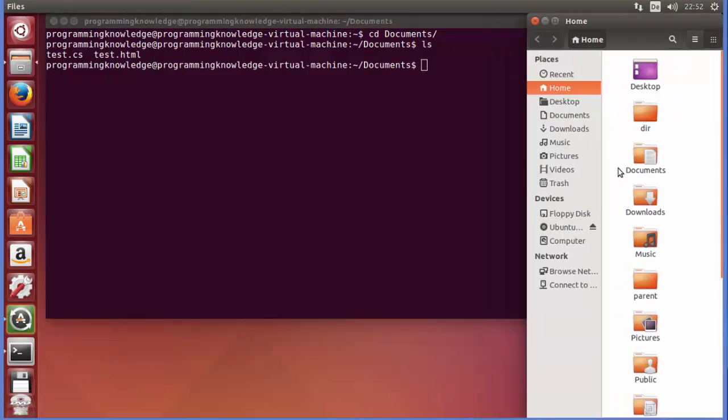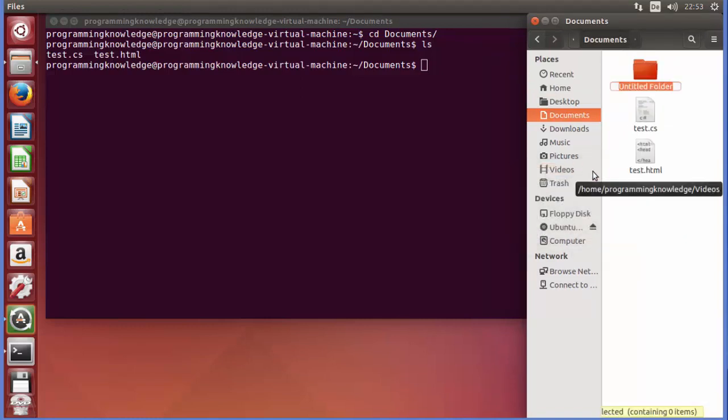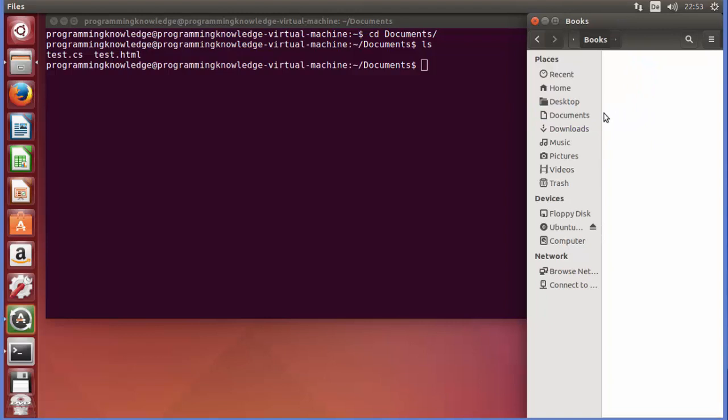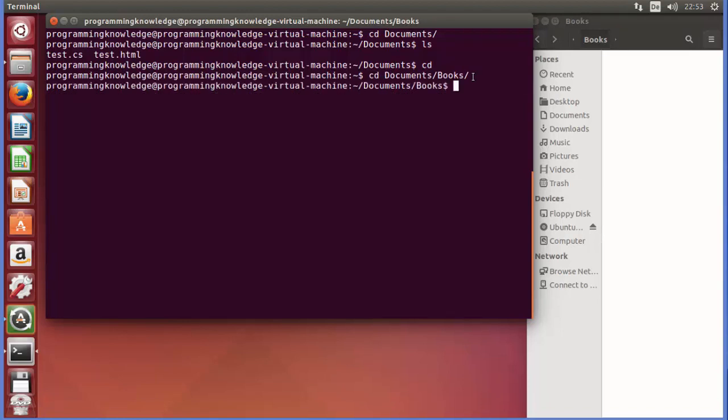So I will just go inside the documents folder, and I will create a new folder. For example, I will say it's a books folder. Okay, and I want to go inside this folder. So how can I do this? I can just do cd, which will change the directory to the home directory, and I can just give the command cd documents and then books, something like this. So you can go in the books by giving this command and press enter, and we are inside this books